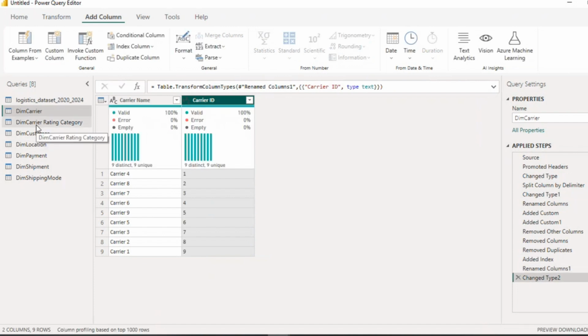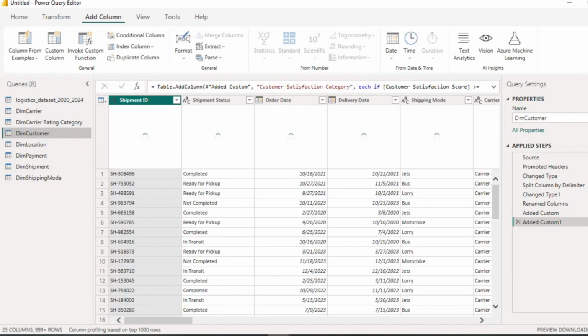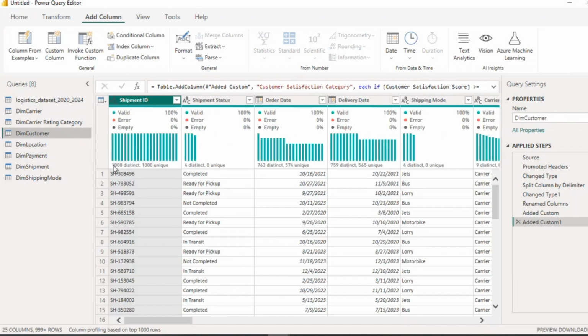And yeah, so basically 2 gone. Okay, let's do this. Customer, what I want to have in my customer table is going to be